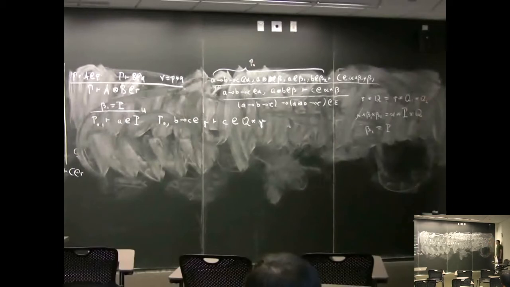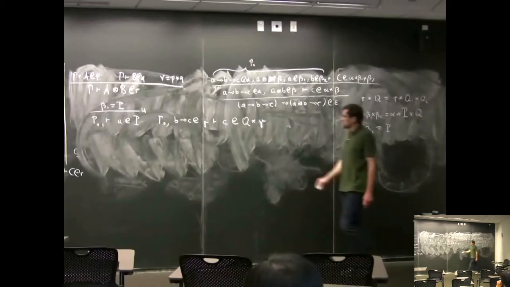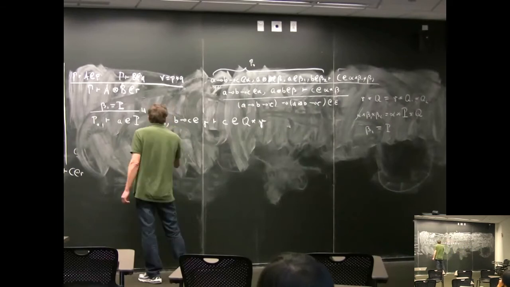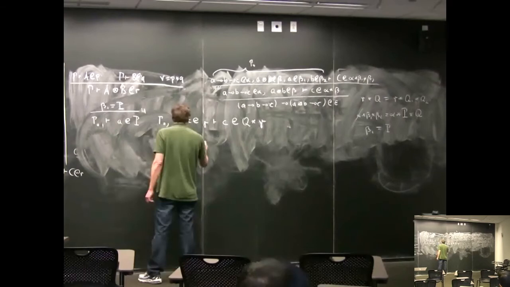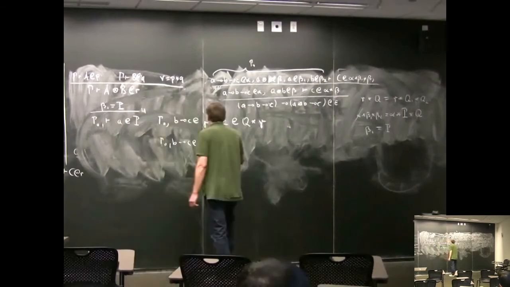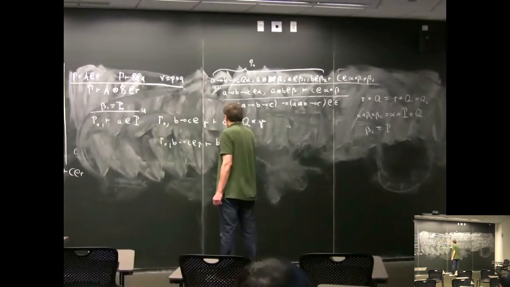Does that make sense for the two subproofs? And what are the two subproofs? One would be gamma 0, B implies C at gamma proves B at